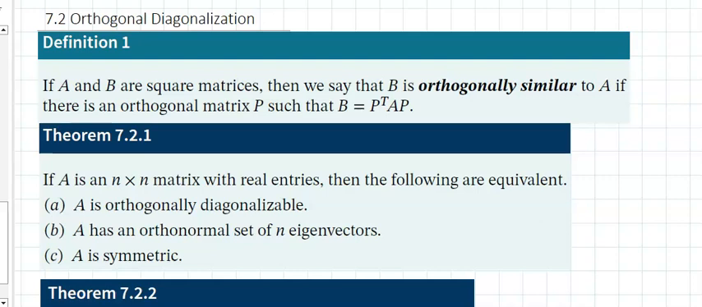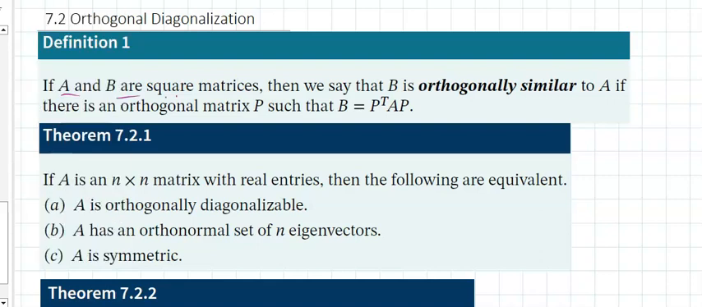Section 7.2 talks about orthogonal diagonalization. So, remember, a diagonal matrix is a matrix that consists of entries across its diagonal and zeros everywhere else. And that's a very special matrix, because if you raise it to a power, you simply raise the diagonal entries to a power. Definition 1, if A and B